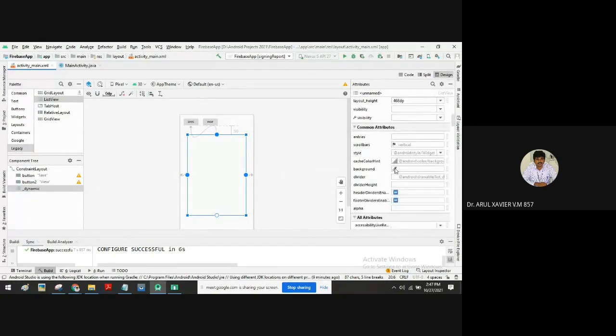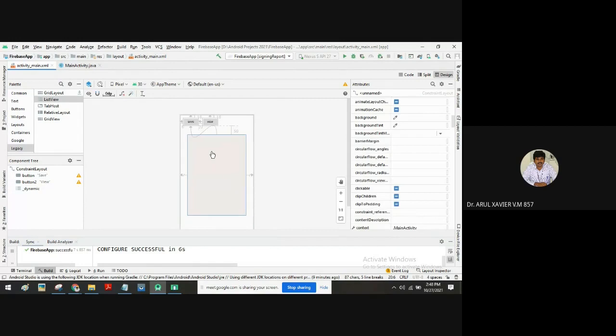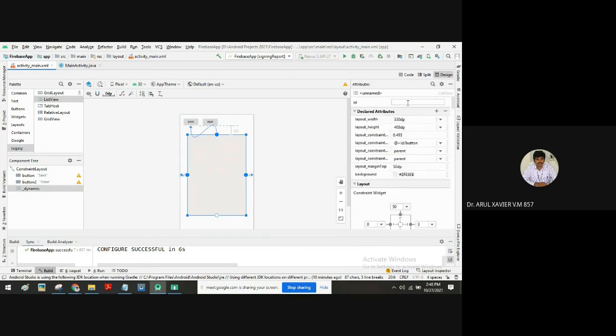So to see the list view, we'll put some color. Okay, gray color, some color we'll put, so to see the difference. Okay, so inside the list view I want to view all the data. So for this list view we'll give an ID also. Okay, right, so this is a very simple interface only.